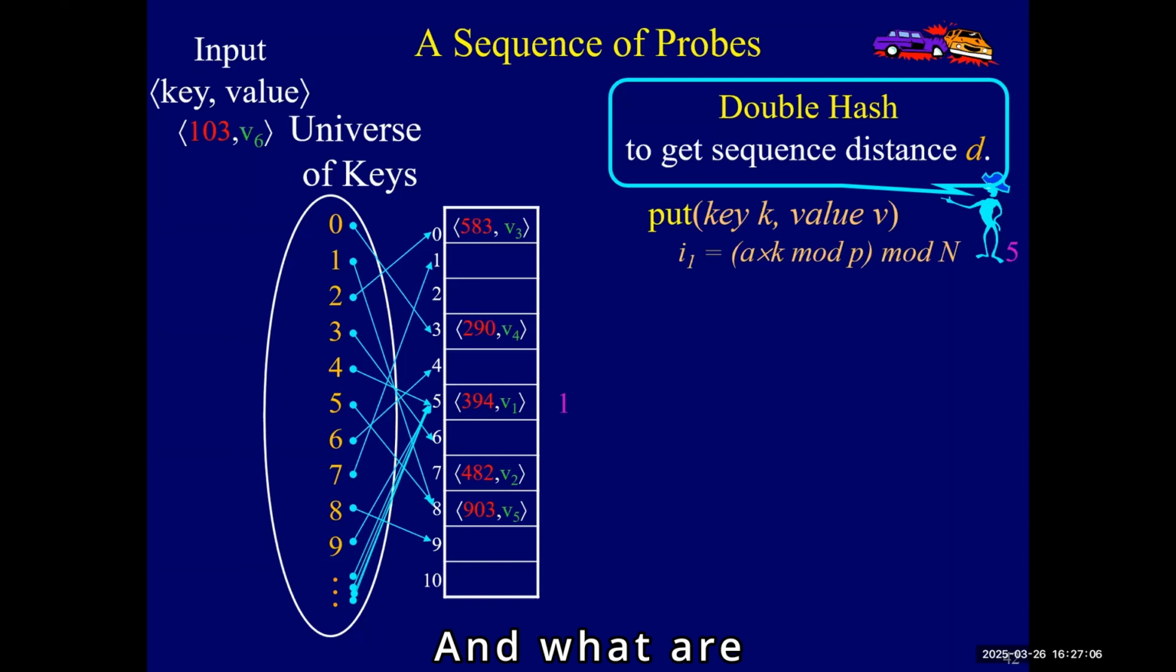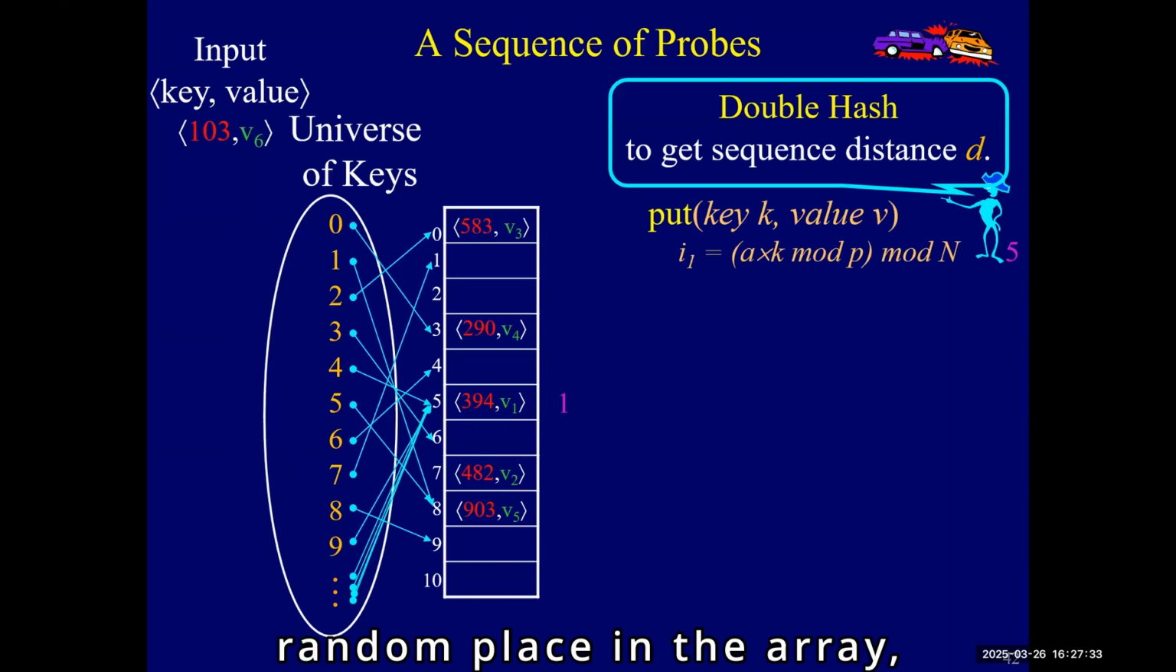And what are we going to do? We're going to flip coins and choose a random hash function. All right? And I haven't told you how to do that yet, but it's easy. And the blue lines are a random hash function. So what it's doing is it's taking every possible key and mapping it to a random place in the array,